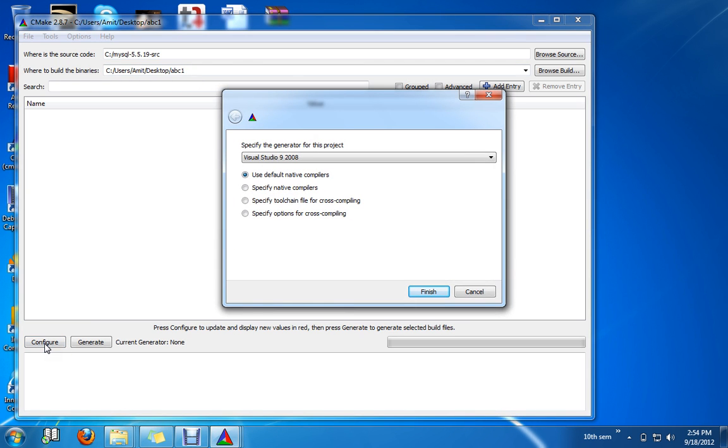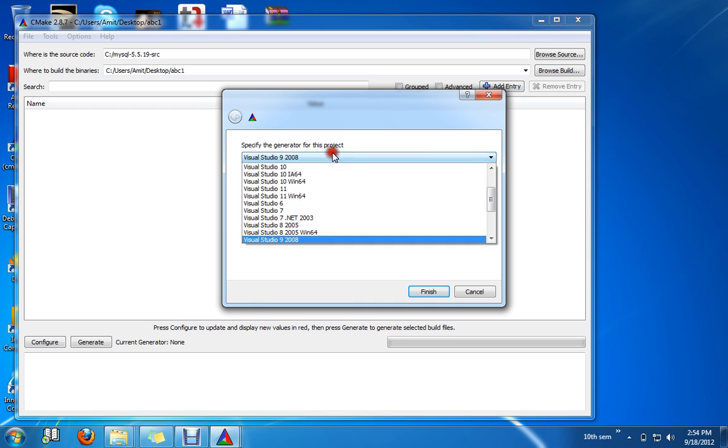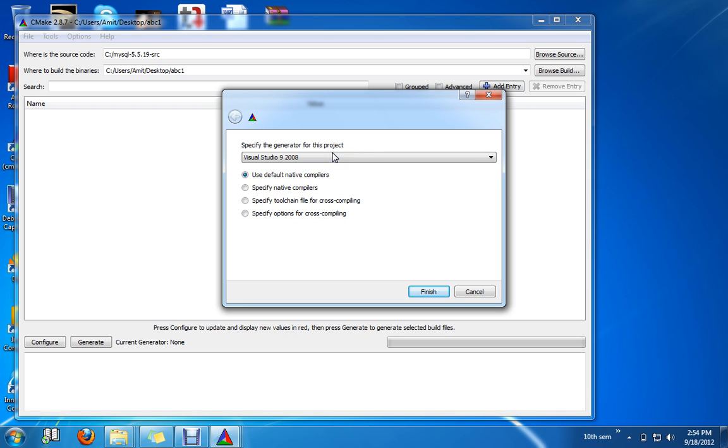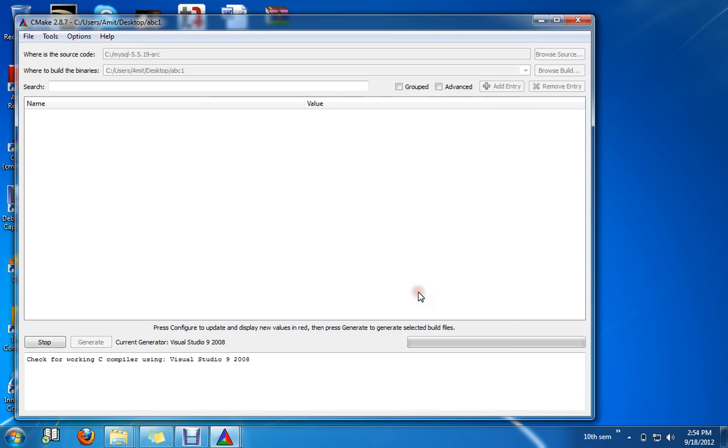Configure. Now when we configure the source code, it will ask for the compiler name. The compiler name is over here, Visual Studio 2008. Select the platform of the software which you have installed, like .NET 2008, .NET 2010, .NET 2005, then Finish, and it will check whether the compiler has been installed or not.